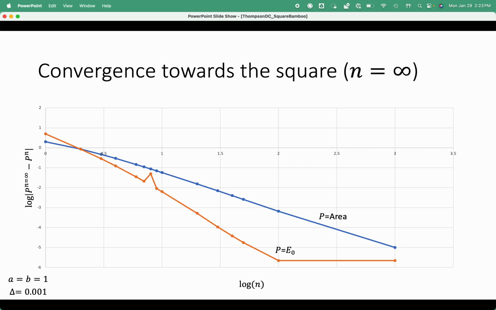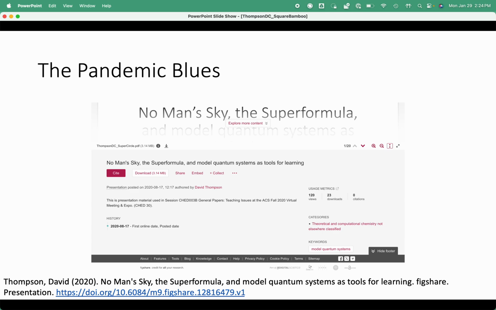For constant a and b, exploring these systems as a function of n, given that n tends to infinity, results in solutions to this problem corresponding to those of an electron in a square. We can use this analytic reference for both area and energy to further explore convergence. We seem to reach a numerical limit at around an n of 100, wherein we functionally reach something indistinguishable from a square, or at least at this level of numerical accuracy. The convergence with respect to the area appears to be a simple decreasing function. With respect to log n, the artifact associated with our solution at n equals 8 is also evident in the plot here too.